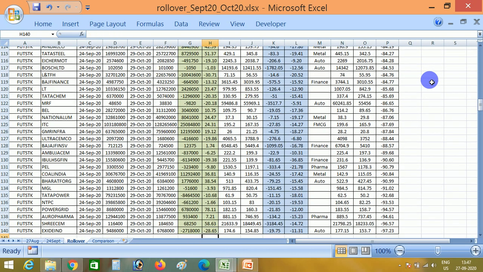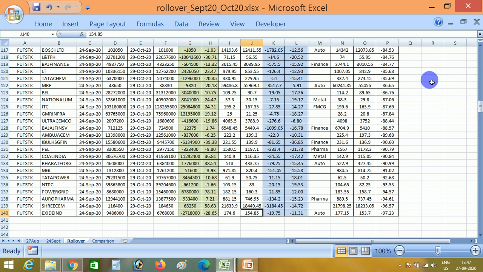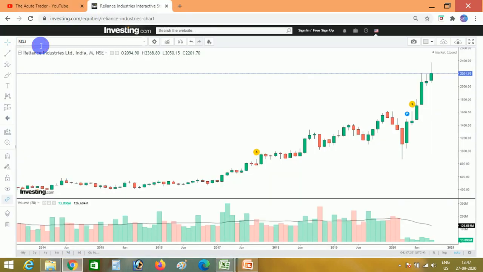Like, friends, on the lower side, if we check Shri Cement, that is minus 96% body, it has closed at somewhere 18449, which is very close to the low of the monthly series. So Shri Cement is having good open interest, negative close to close basis, and negative body percentage. Negative body percentage means bearish candle, positive body percentage means bullish candle. So if we check the Shri Cement data,